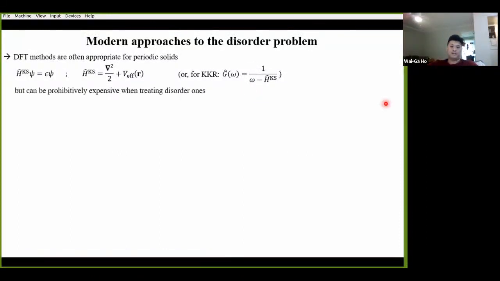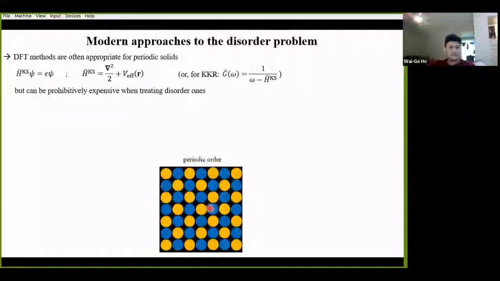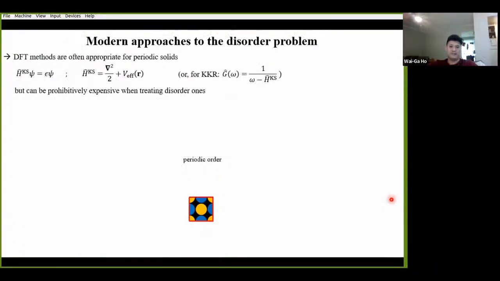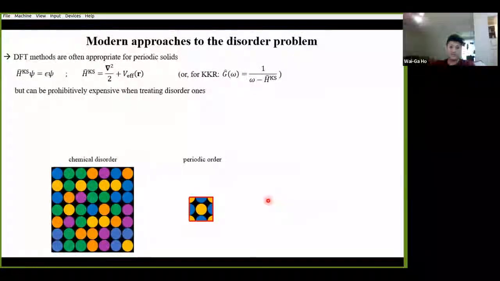Unfortunately, though, applying such methods naively to the chemical disorder problem can present quite the implementation issues. See, for ordered solids, we can just exploit the precise crystal translational invariance of the problem, and then consider just a single or maybe a few unit cells of the lattice. For the disordered problem, however, we have to capture randomness over larger length scales if we want to properly and accurately account for the statistical nature of the random solid. All right, so conventional DFT methods, therefore, become prohibitively expensive as we try to treat these massively disordered supercells.